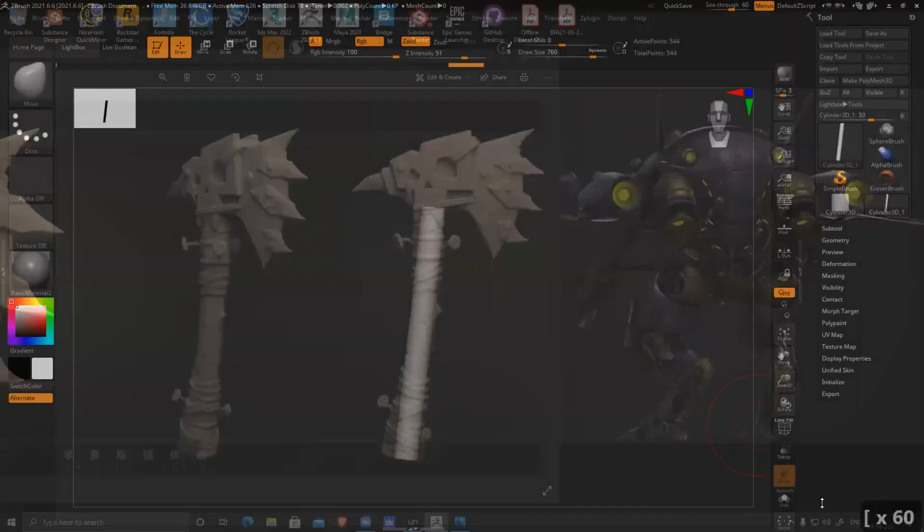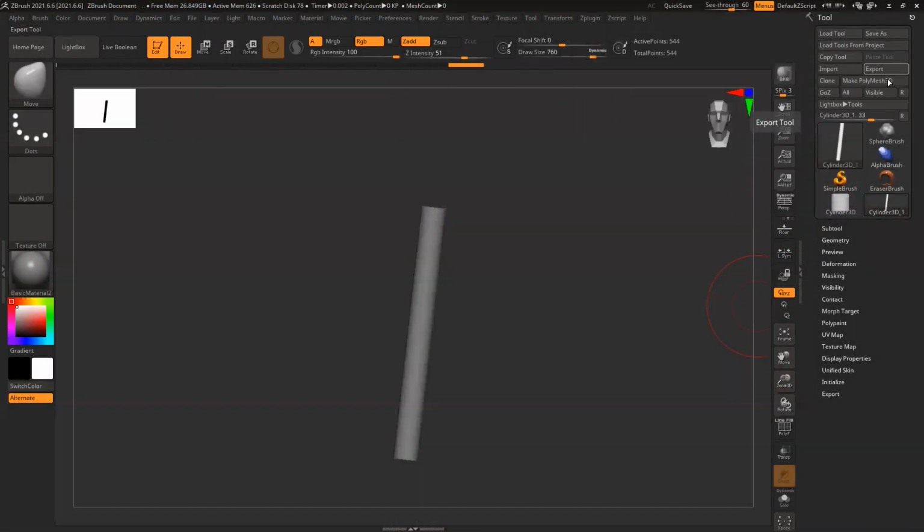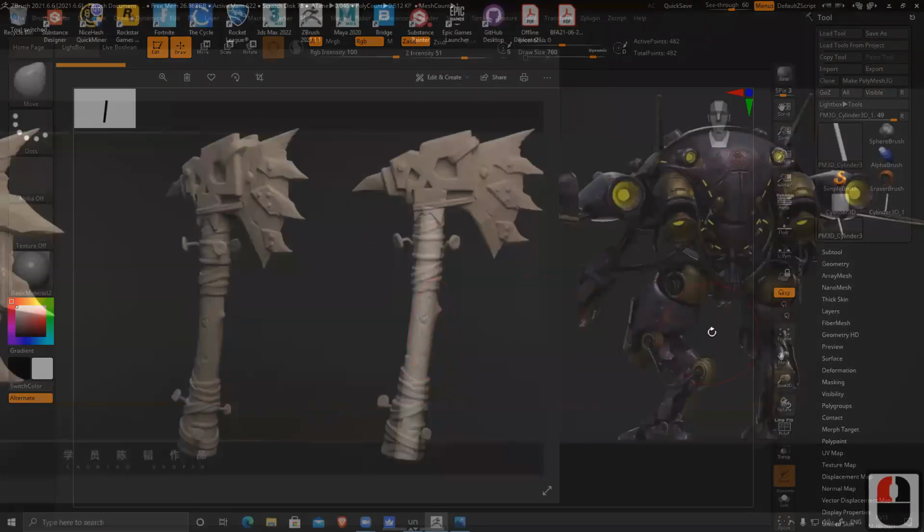With the keyboard, you can see I'm pressing the bracket key. Click here. It won't work because I have to convert this into a polygon. So once you create any model from the tool, make sure to click on Make PolyMesh3D. Now it's a polygon. Now I can click on this and move it slightly.